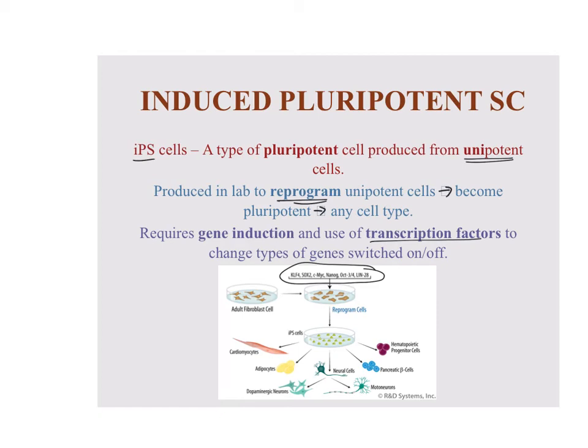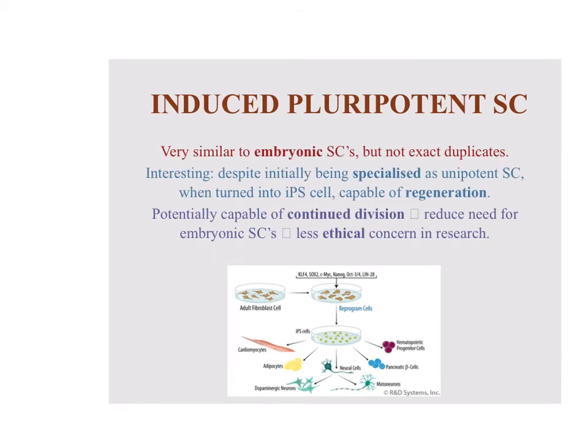And all of these chemicals, so SOX2, C-myc, all of that stuff is going to be able to help reprogram those cells and turn them into more cell types than they would have otherwise been able to. Now, these iPS cells are very, very similar to the embryonic stem cells, the ones that we get from the umbilical cord, for example, but they're not exact duplicates because, so let's think of the example,